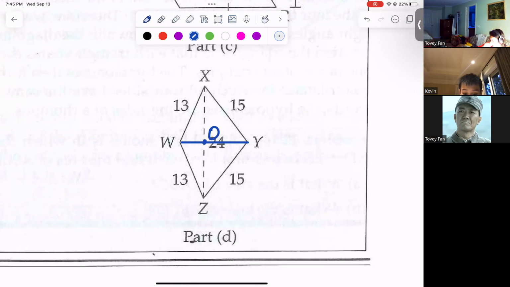Yes, this is O. What's next? And then we could do, since 24 is the midpoint, 12, and 12, 13, and 5. So WO is 5. And then basically we could calculate XWZ. Yeah, we can do that later. We have another altitude to figure out. Then since it's 5, and then